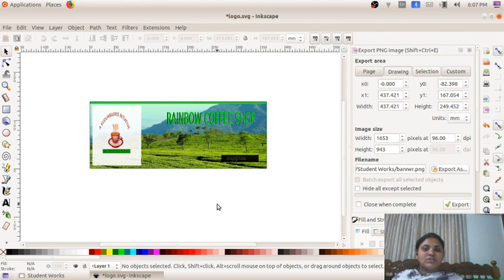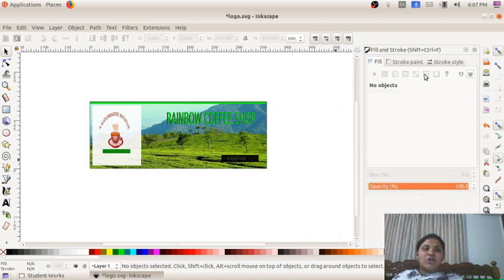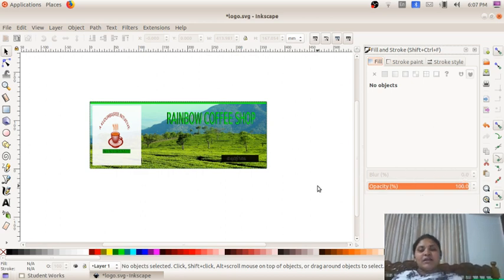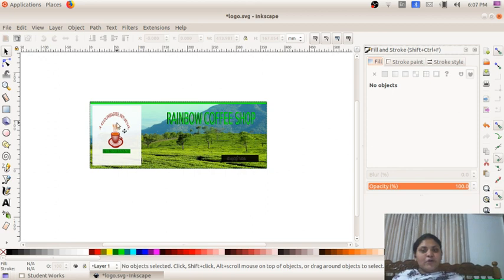We have to make it loose, so for that we have gone for fill and stroke, and from fill and stroke we have taken blur. When we increase the blur, we can see the clarity is getting lost. After that, our teacup and saucer was ready.